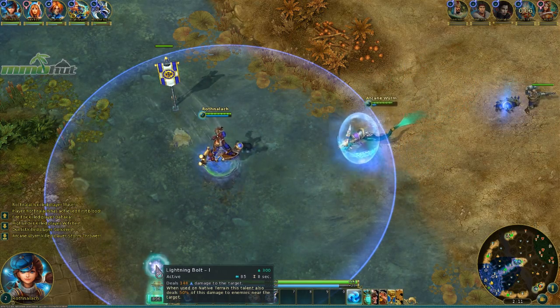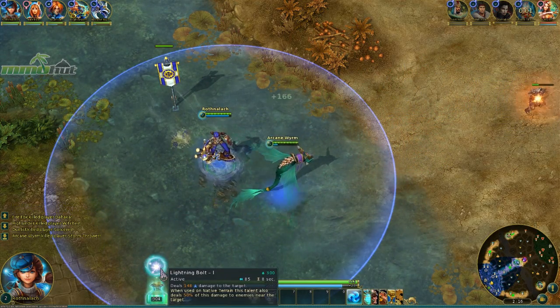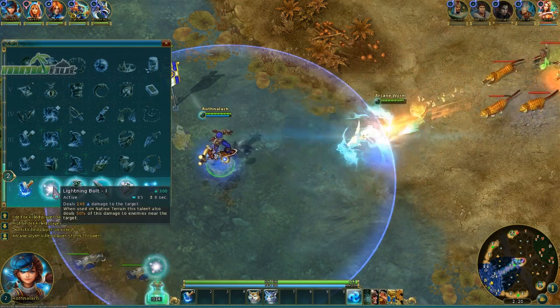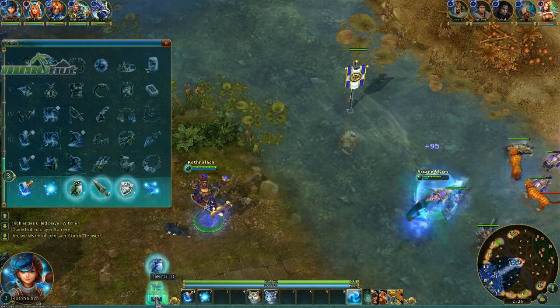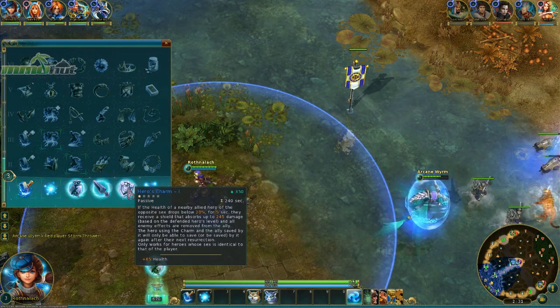Alright, so Lightning Bolt here is my second ability. And when used on native land, so everything I capture with these flags, this particular talent deals 50% damage towards enemies near the target that I hit. So I'm going to go with that one. But I also have a little extra prime left over. So I can actually spend this on this, or I can save it to get to the next tier. I'm going to go ahead...